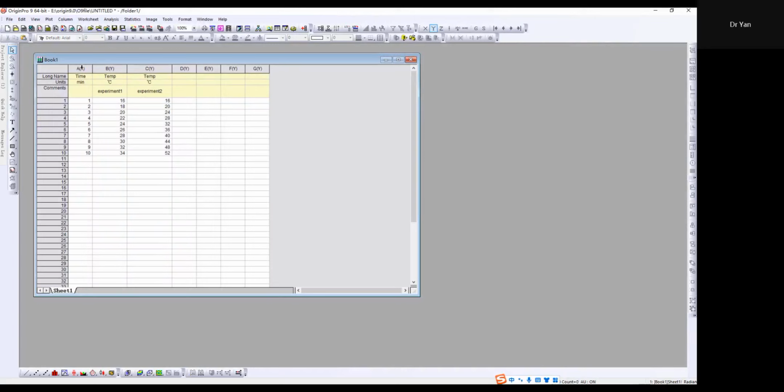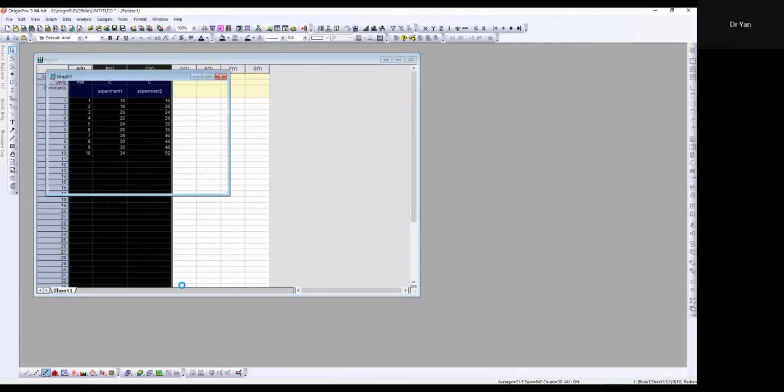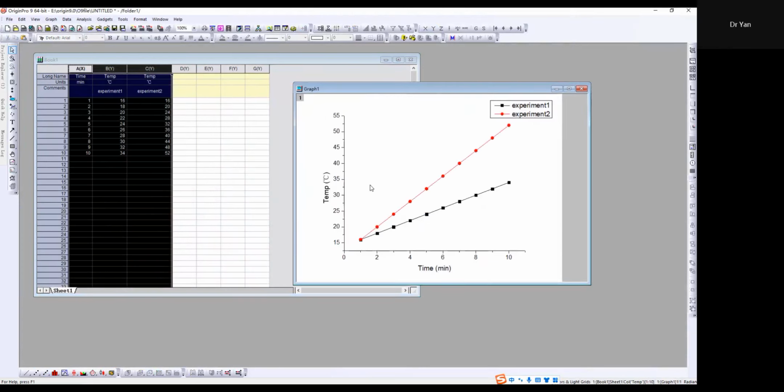We just select both of them, select three columns, and then click the line plus symbol. You can see that it has two relationship curves for the two sets of experiments,